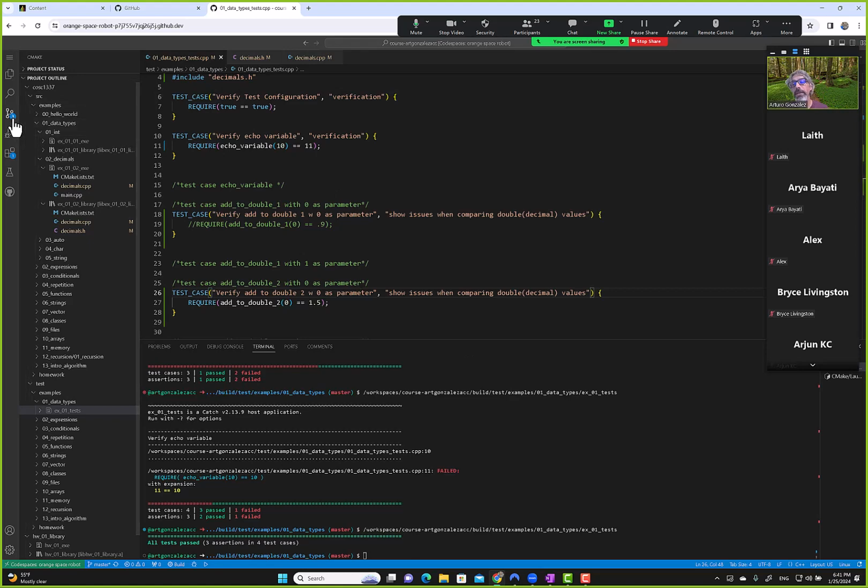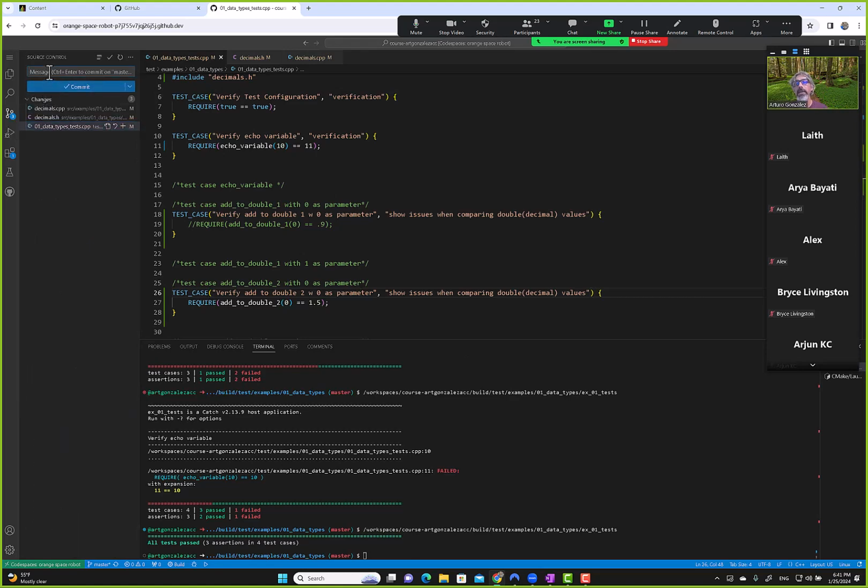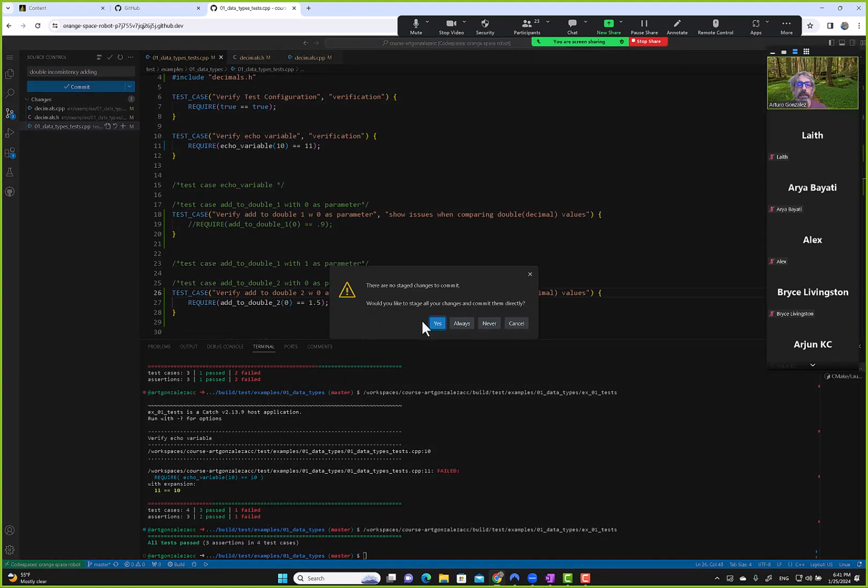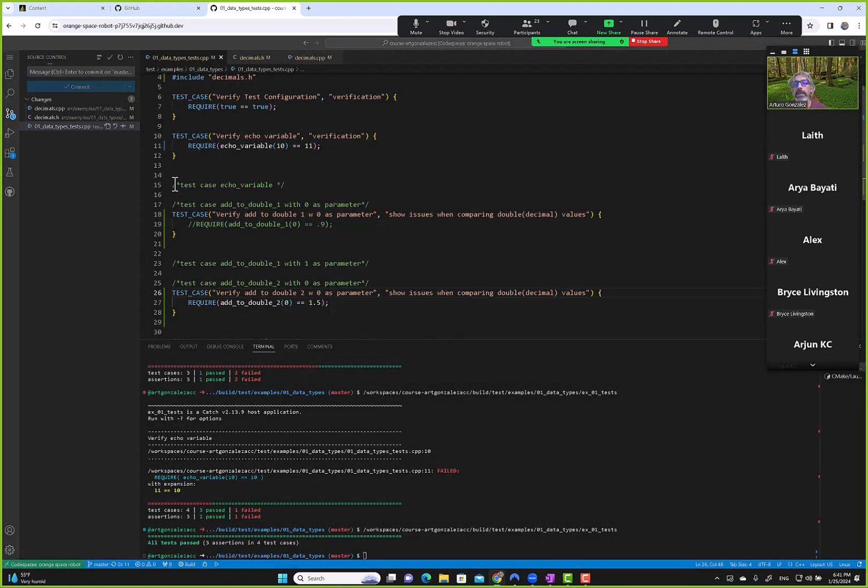Let me go here and commit this example. Double inconsistency adding. Okay, so commit. Yes. And then I will send over with a push. Okay, so I'm going to stop here and then I'll